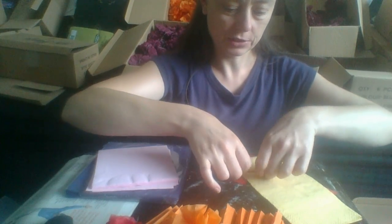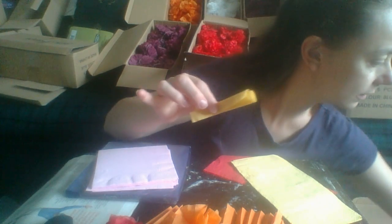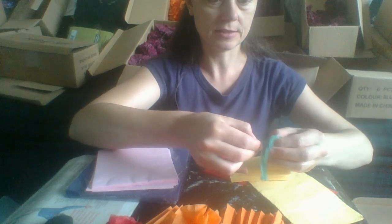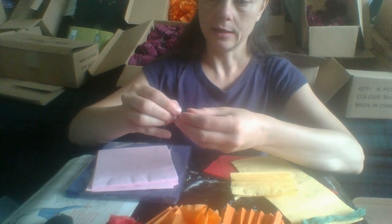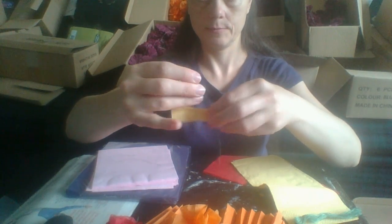Okay, so once you've got your concertina, pinch it in the middle and get a small length of thread. I'm using green for this because it's not going to show up so badly later on. So it'll let go. One piece of green thread, wind it around the centre